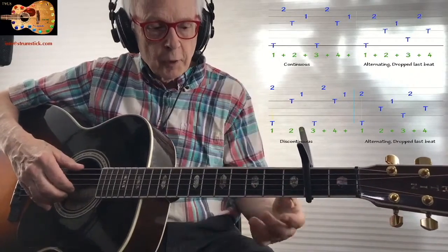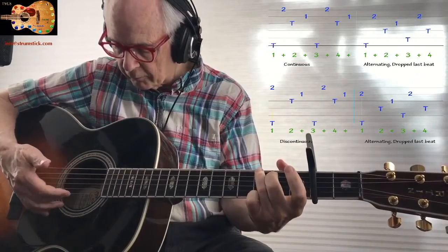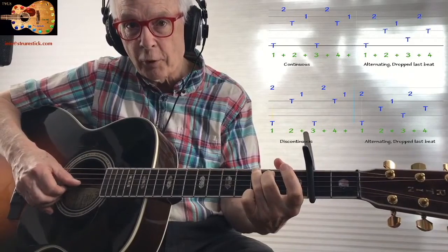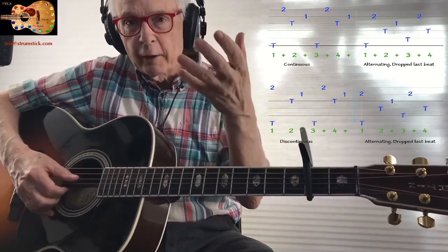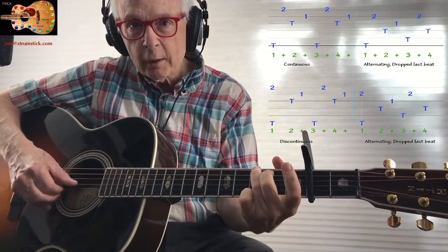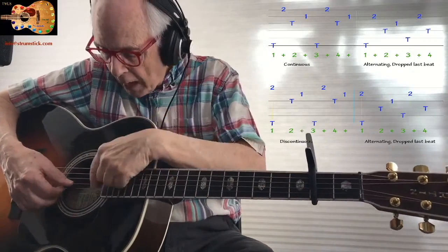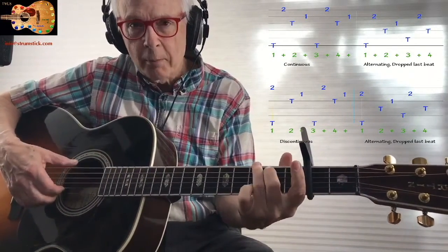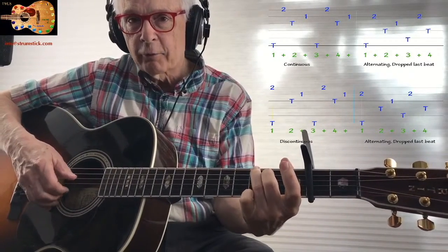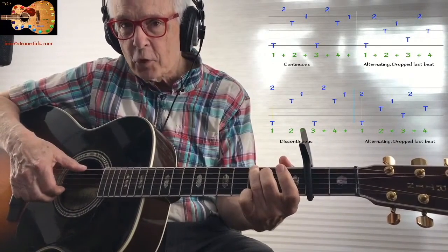Now, what makes finger picking really interesting is that I said the thumb would be handling the 6th string, and the 1st and 2nd fingers handling the 1st and 2nd strings, and we saw the thumb reach over to the 3rd string. The thumb's zone is either 6th string, 5th string, 4th string, or 3rd string: 1, 2, 3, 4. And on a steel string guitar, those happen to be the wound strings. So the thumb handles the bass,